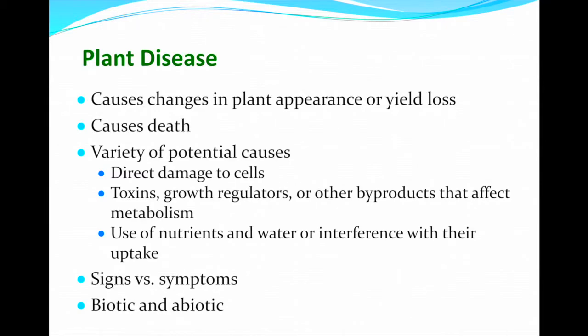So think about water. Too much, too little. Water's not a living thing. Too little sunlight. You put a shade-loving plant out in full sun, it's going to be weakened and it's going to be predisposed to disease or disorder. What about compacted soil or soil where we have a pH that's not conducive to the uptake of nutrients? So those are abiotic factors, and there's many, many more that we'll come back around to later on.